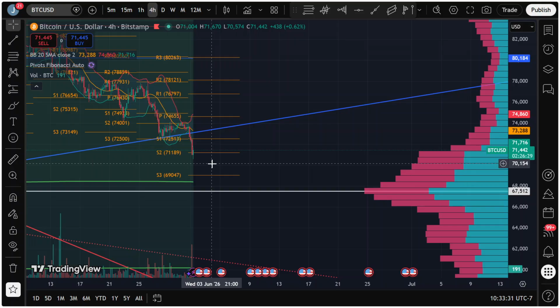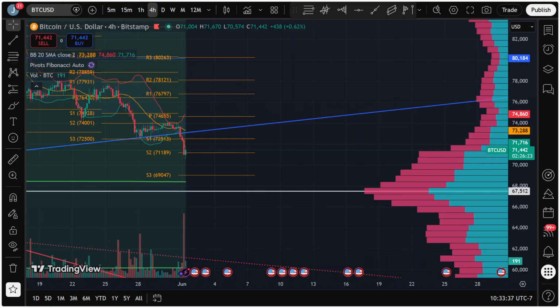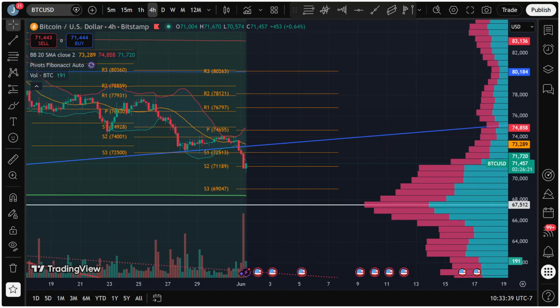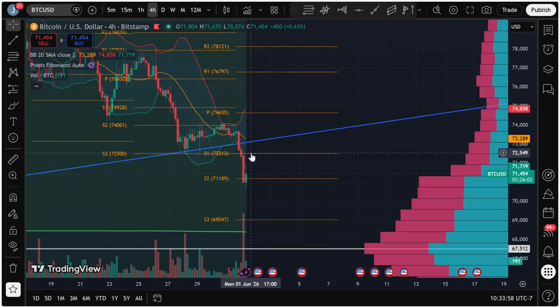move happen. I watched my short trade almost double this morning. So I think we've already seen most of that initial move, and now we'll probably chill out a little bit, maybe start making some momentum back towards the upside. 72.5K was pretty important last week, so it wouldn't surprise me if we see a retest of that. That ultimately gets regarded as resistance, but that's kind of what I would be paying attention to,